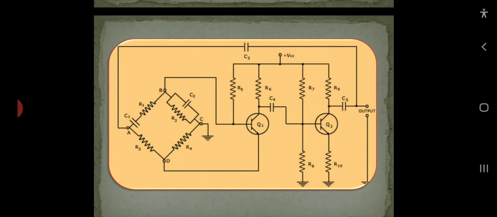The frequency range of the oscillator can be changed by switching different preset values of the resistances R1 and R2 into the circuit. In case of a transistor Wien bridge oscillator, because of the low input resistance of the transistor, the range changes are made by switching the preset values of the capacitors C1 and C2. For continuous frequency variation, the values of R1 and R2 are changed by using a dual potentiometer. This is the working of our Wien bridge oscillator.